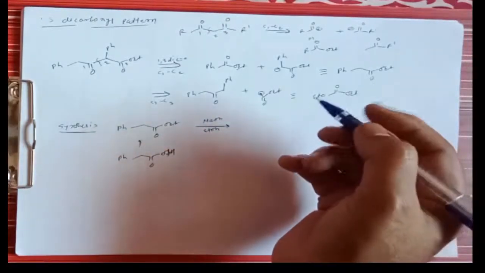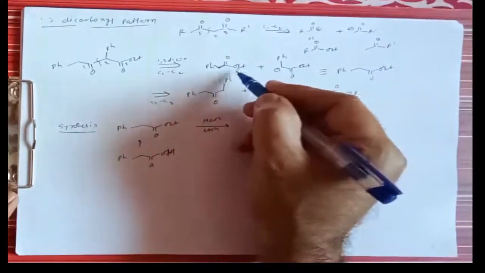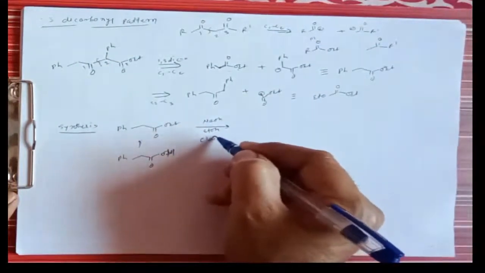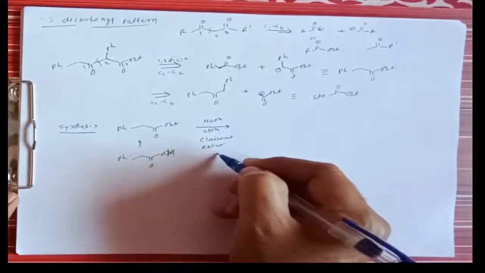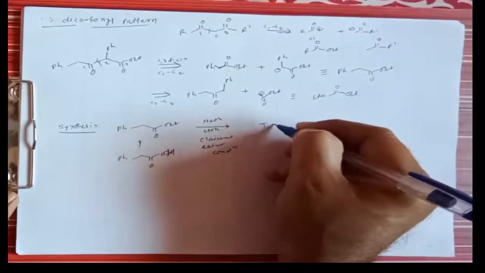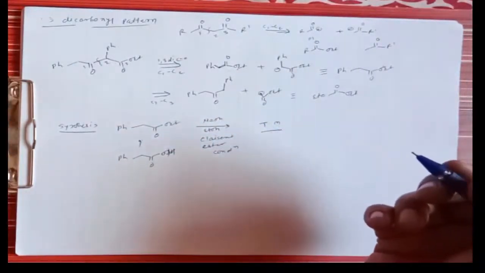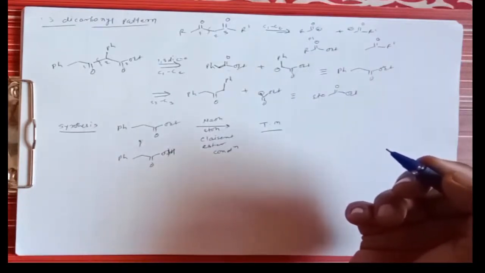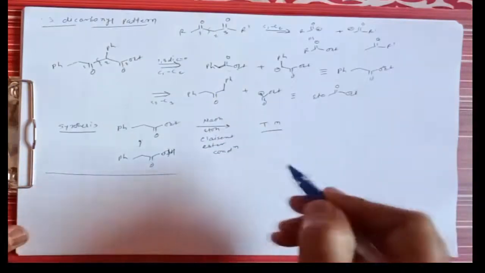It gives the formation of ethyl phenylacetate, these two molecules are the same, and therefore we can go for Claisen ester condensation. So this is Claisen ester condensation, and it gives the formation of the target molecule. So this is a very simple way to prepare a molecule if there is an ester containing an alpha hydrogen; then we can go for Claisen ester condensation. Let us take another molecule.